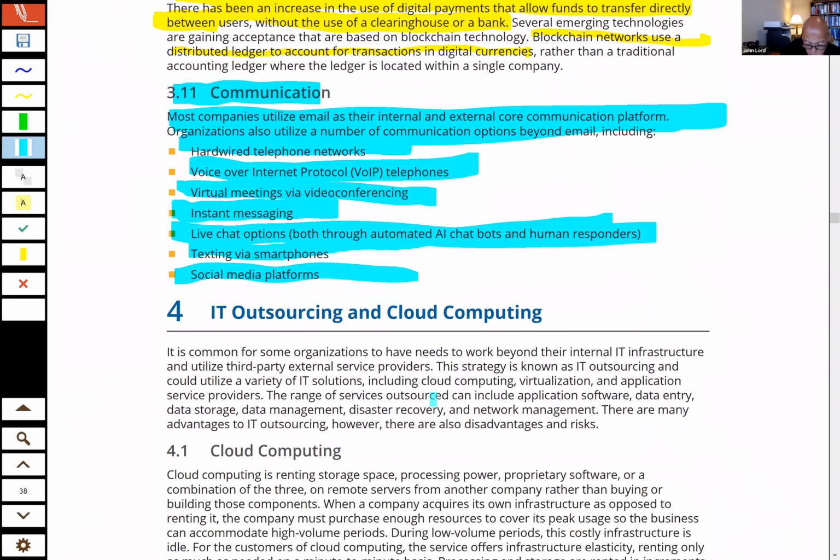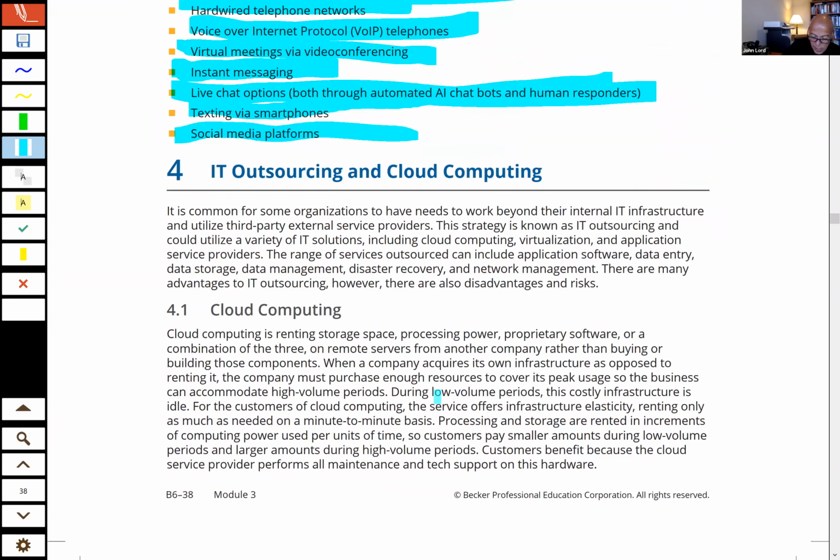Okay, good. Let's go ahead and take a look at IT outsourcing and cloud computing. Cloud computing is renting storage space, processing power, or a combination of the three on remote servers from another company rather than buying or building those components. And so these sort of services